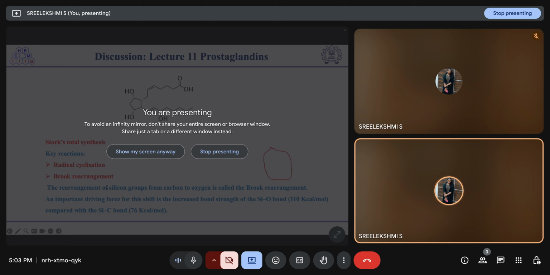Brook rearrangement is the rearrangement of silicon groups from carbon to oxygen. That is, it is a migration of silicon from carbon to oxygen. An important driving force for this shift is that the bond strength of the silicon-oxygen bond is much larger than the silicon-carbon bond. That's why the silicon is migrating from carbon to oxygen. So this is the kind of rearrangement. So this is the compound. Here we have this